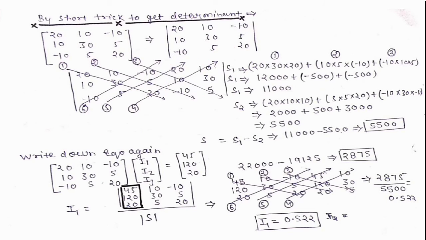Again we write these two columns. You see here 20, 10, minus 10, 20, 10, minus 10. Then again we write 10, 35, 10, 35. So we again write down these two columns. Okay, and then we cut three values, at least three values like this. Again three values, again three values, till the three values exist actually.